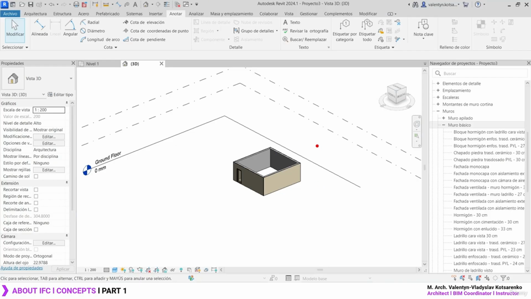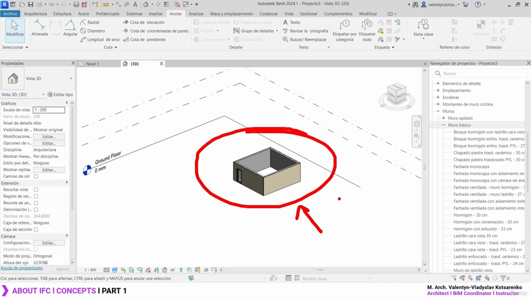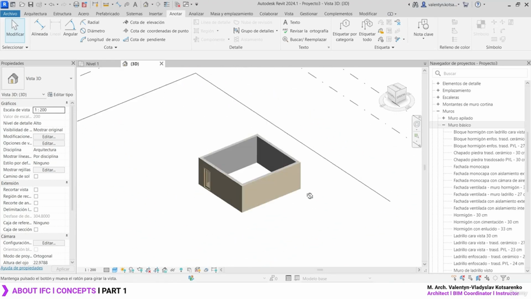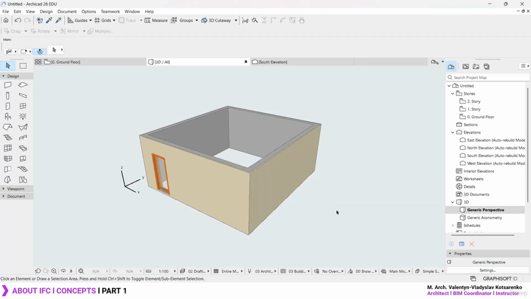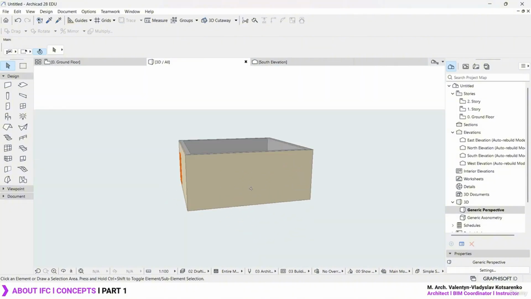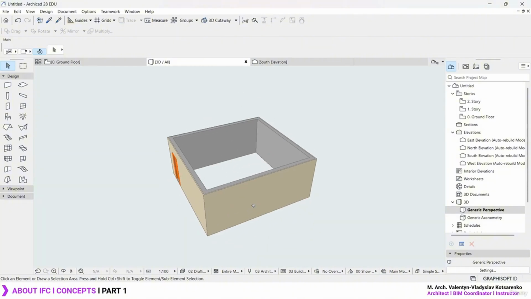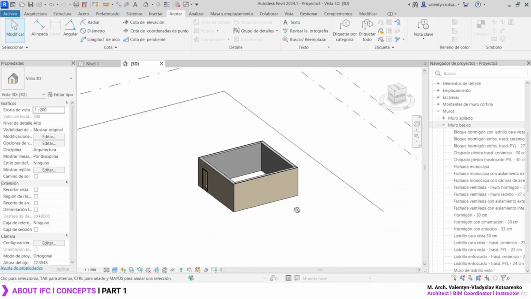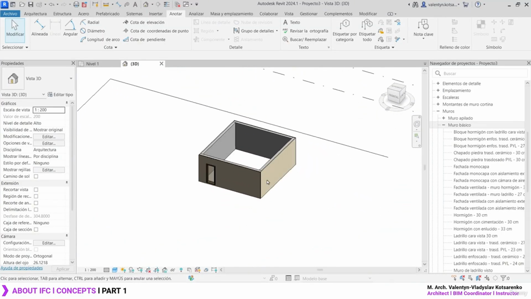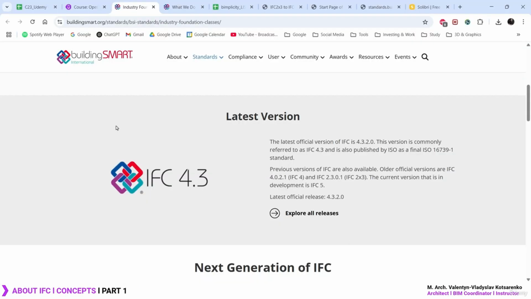But it's always best to, if your client asks for a result in Revit, make sure you work the model from scratch in Revit. If your client asks for the final result in ArchiCAD, make sure you work your project from scratch in ArchiCAD, and so on for all types of tools. Yes, you can always export everything as a coordination model, but for editing purposes it is not going to be the